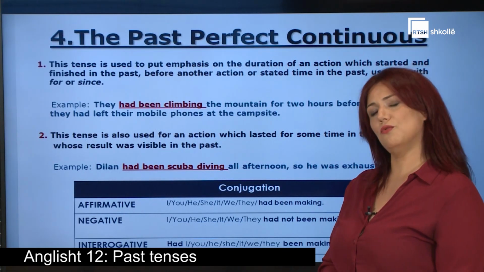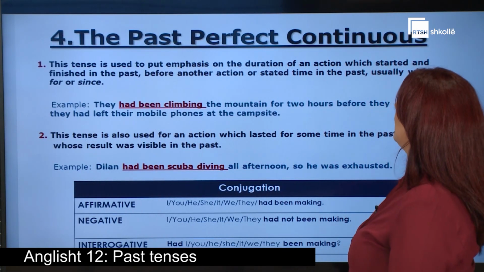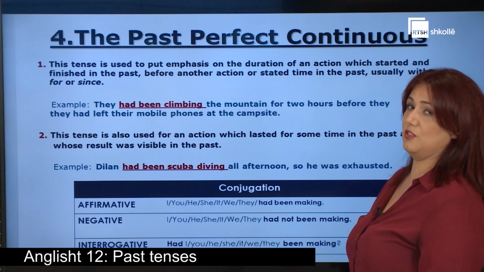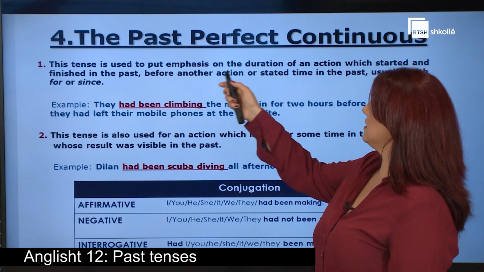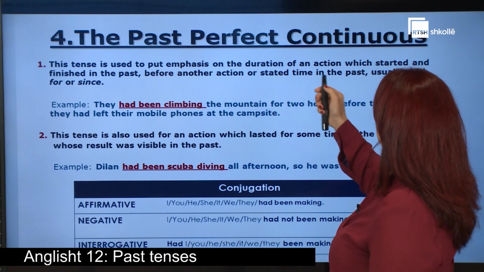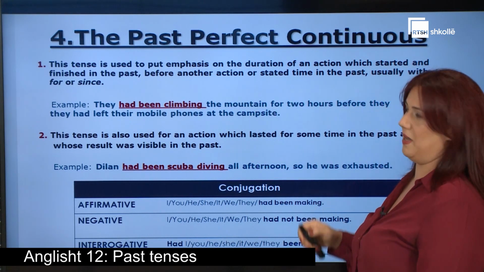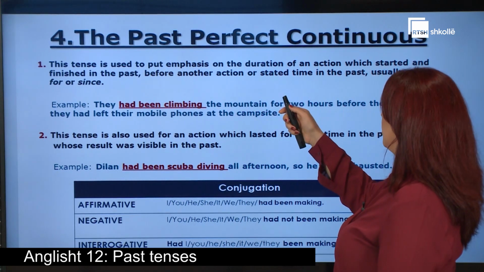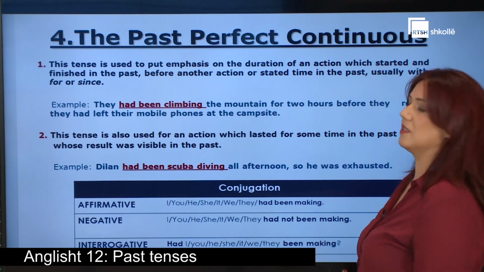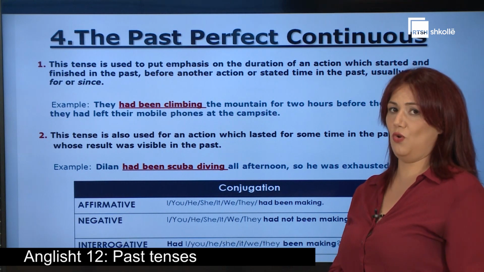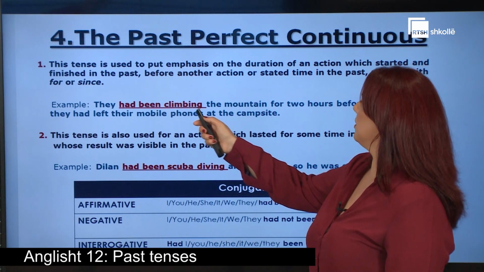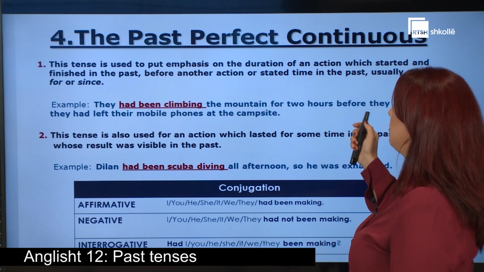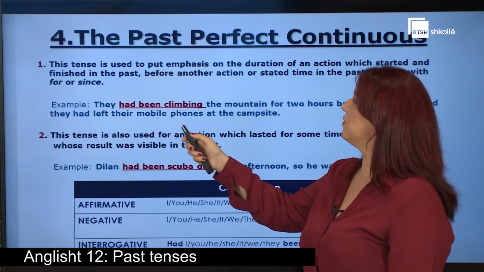The last and fourth verb tense is the past perfect continuous. It has two main uses. The first one is to put emphasis on the duration of an action which started and finished in the past before another action or stated time in the past, usually with the words for and since. For example, they had been climbing the mountain for 2 hours before they realized they had left their mobile phones